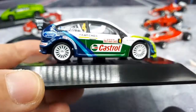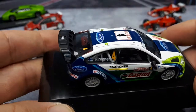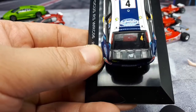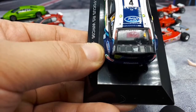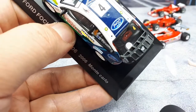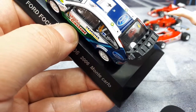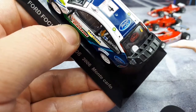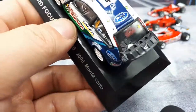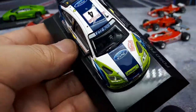A lot of details on this car. A roll cage, a white roll cage in this case. The back glass, you can see a Monte Carlo race badge in red there. And interesting. There was a spare tire there. You see that star pattern? I'm guessing that's where the spare tire might have been on the original car, and it would have sat there. I'm guessing. I don't know. I've never seen one of these in real life, a Ford Focus of this